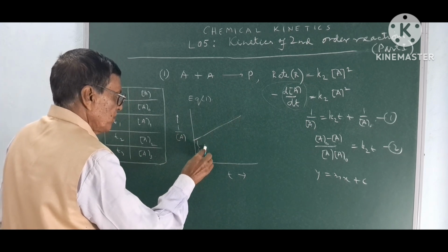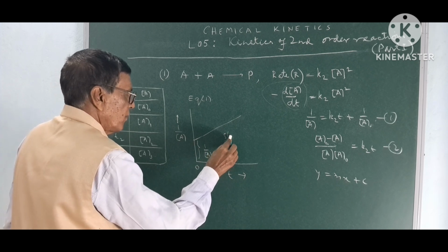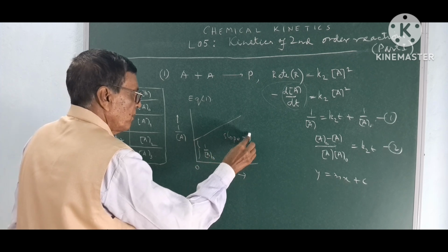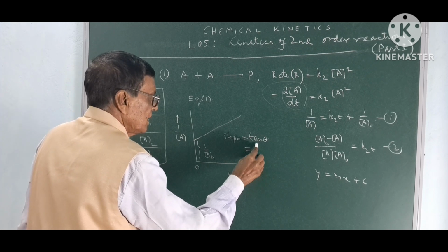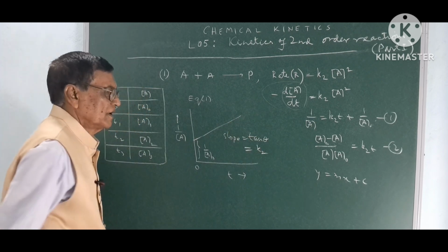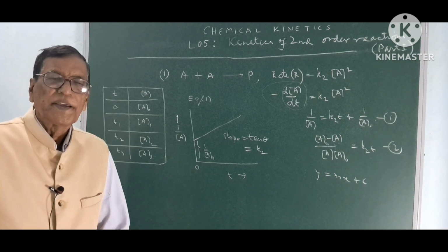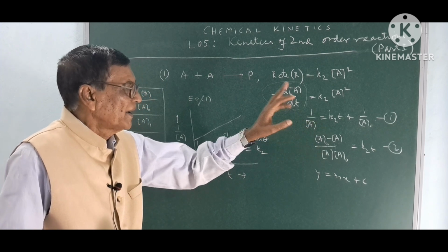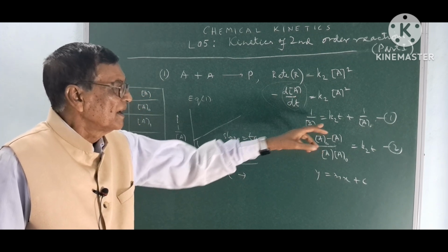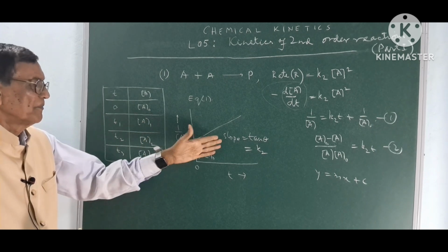This intercept will be 1 by A naught, and slope means tan theta, and this will give you the value of K2, the rate constant of this reaction. By easily using this equation 1, and getting this kinetic data, you can determine